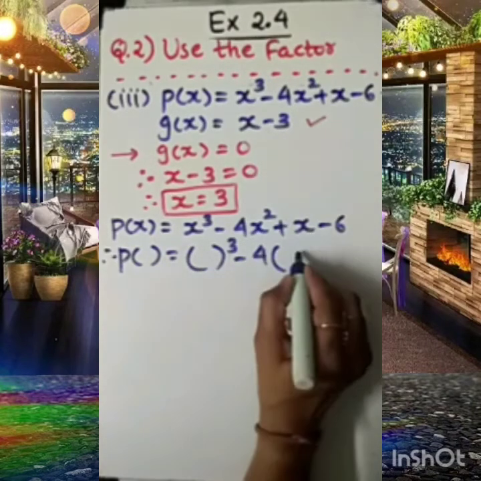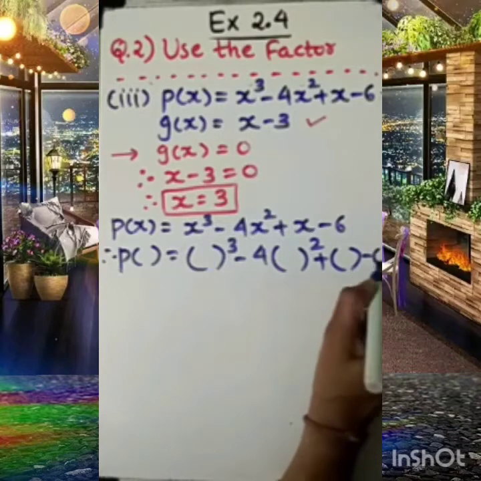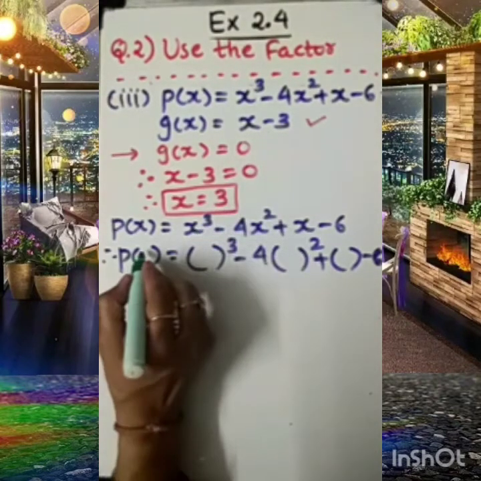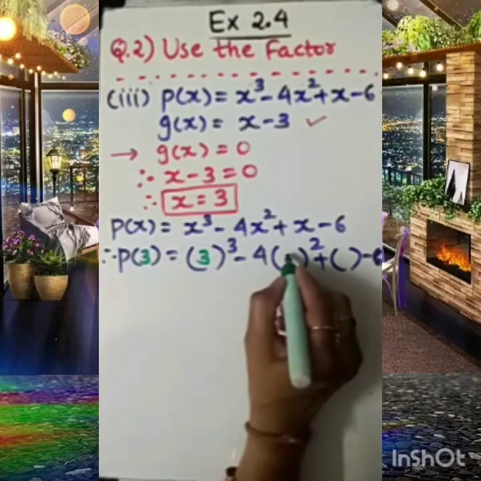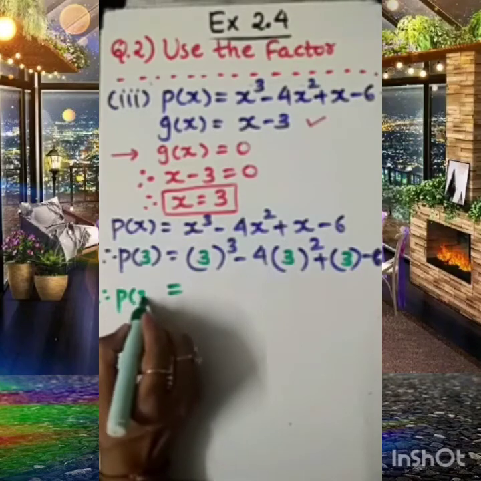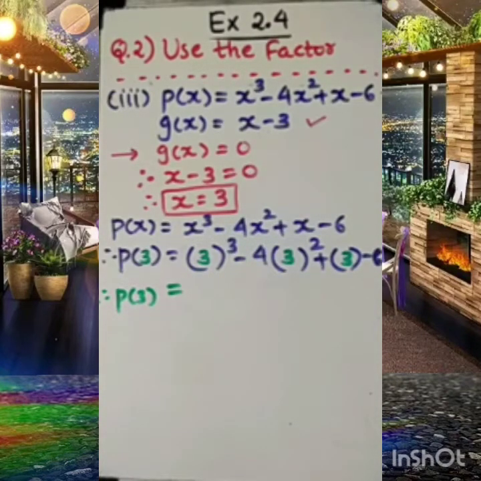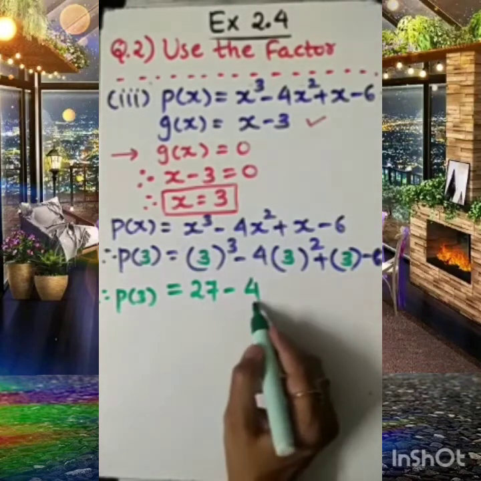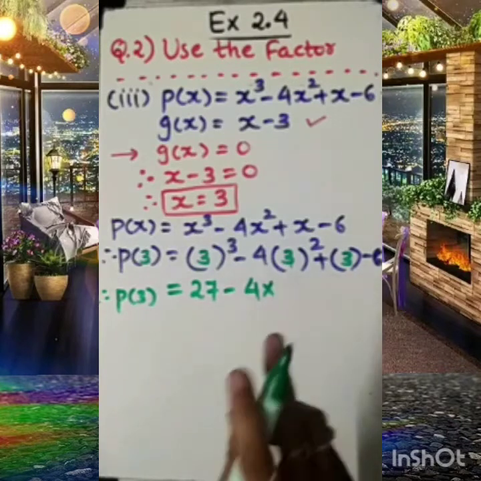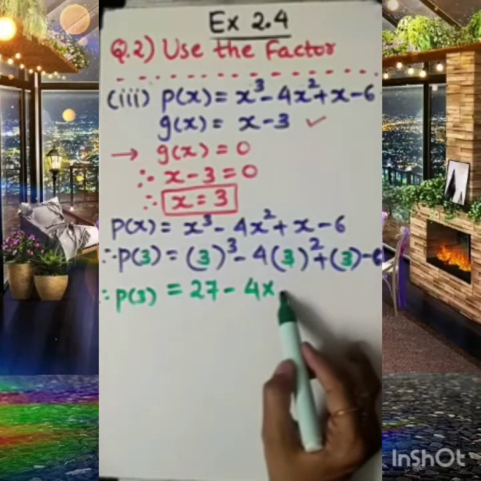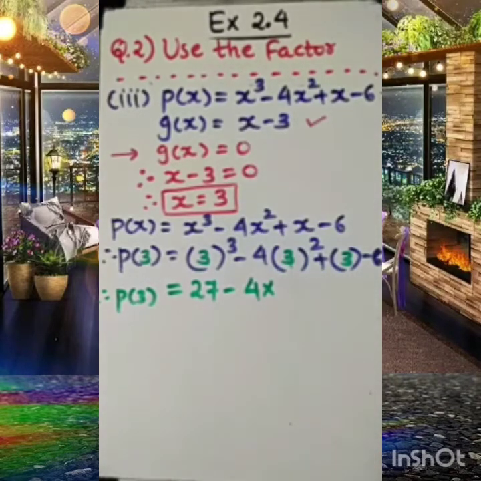Okay. So let me write it with the empty bracket here. Now, I am putting the value x equal to 3 here, substituting the value 3 here. This is 3, 3, and this is. Now, as you know, 3 cube is 3 into 3 into 3, that is 27. Minus 4, 3 square. 3 square is 3 into 3. 2 times 3 square, it means don't multiply 3 by 2 to get 6. It's wrong. 3 square indicates 3 into 3.